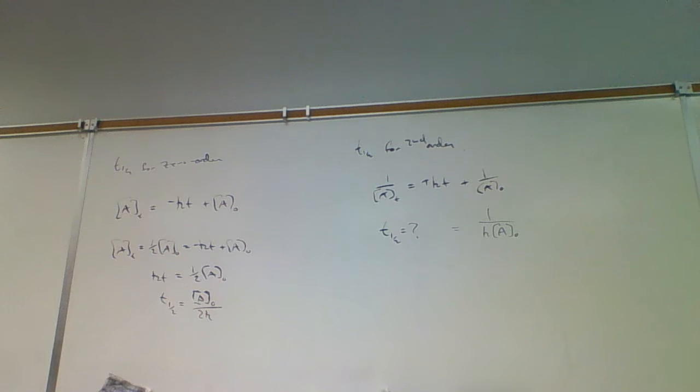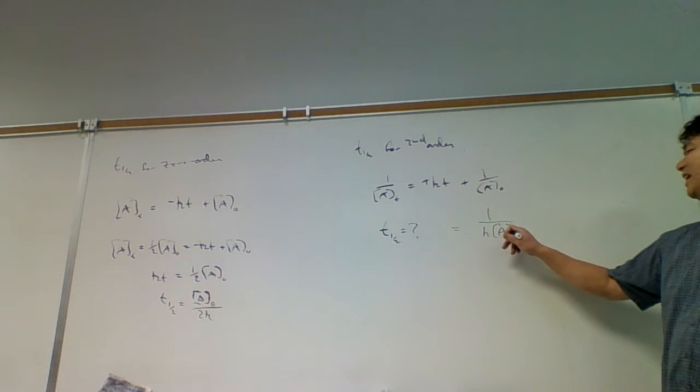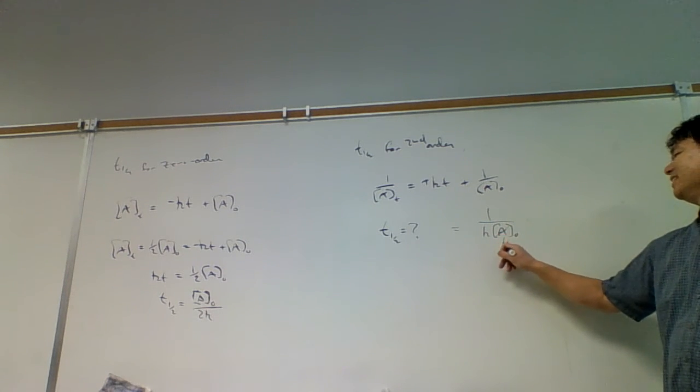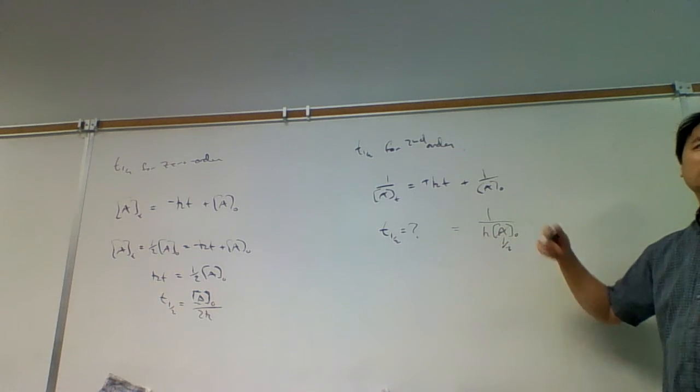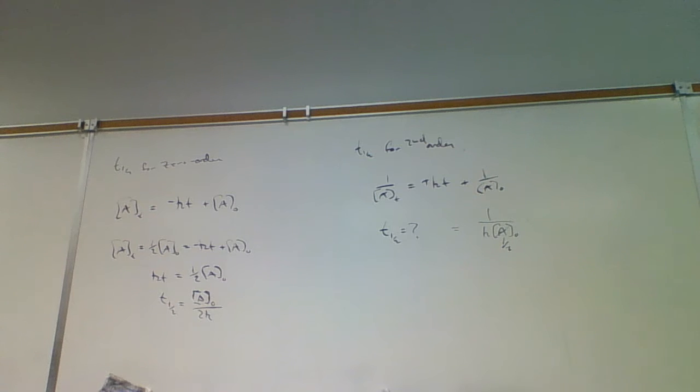You said right now each time you cut the concentration in half, the half-life doubles? Yeah, so if we make this 1/2 the original, then it'd be k times 1/2 and invert it. Each time we make it 1/2 the original, it'll double the